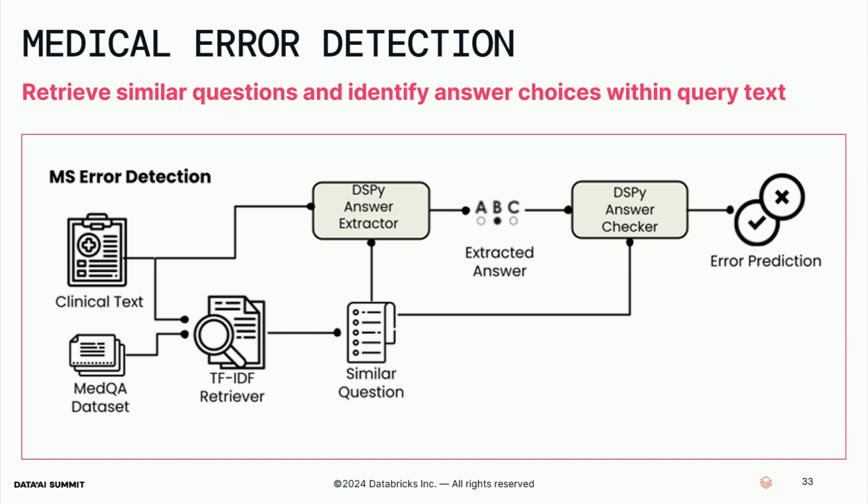Then they employ a DSPy module to generate targeted few-shot examples, enhancing the model's ability. The model's goal is to identify the most likely answer choice directly from the query text and to improve demonstrations. And if you can combine information retrieval over that corpus with DSPy optimizers, the results start to compound. And then next, another DSPy module takes over, creating multiple examples that compare the extracted answer to the correct choice to make a judgment on whether we think there is an error here.